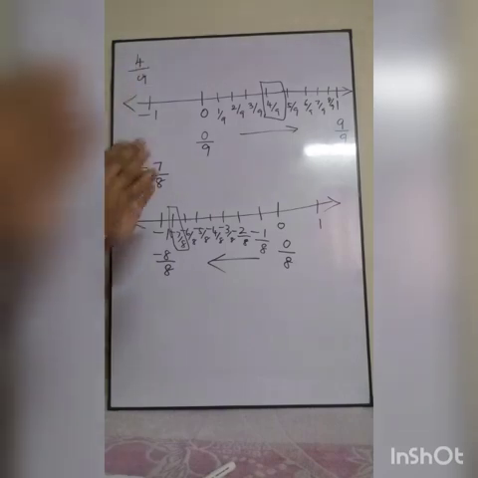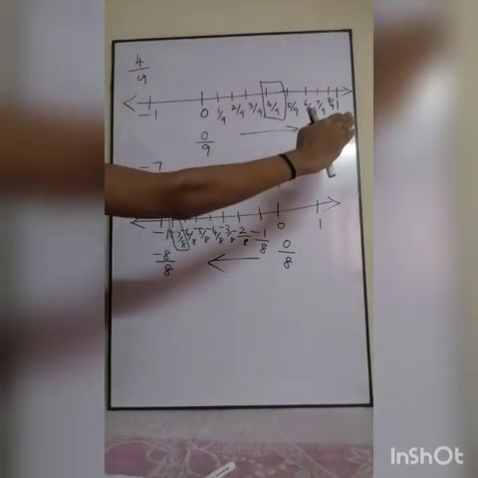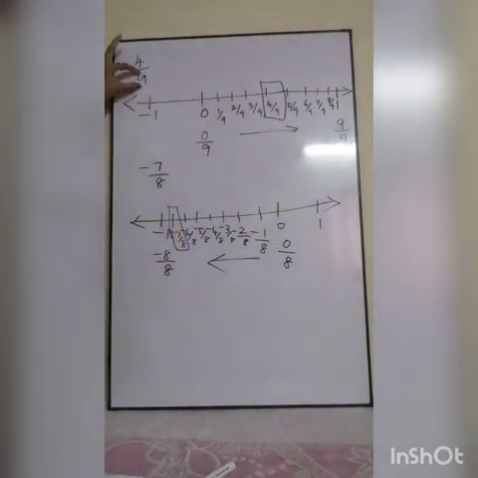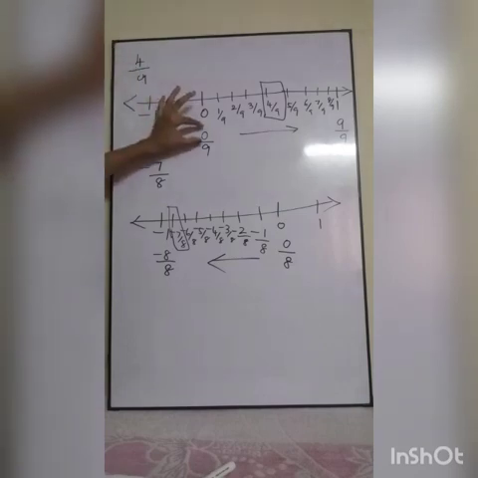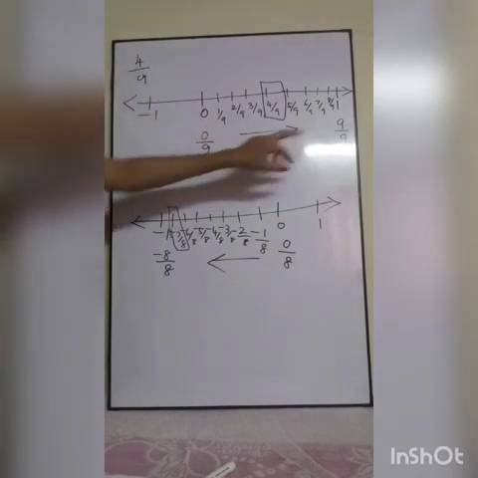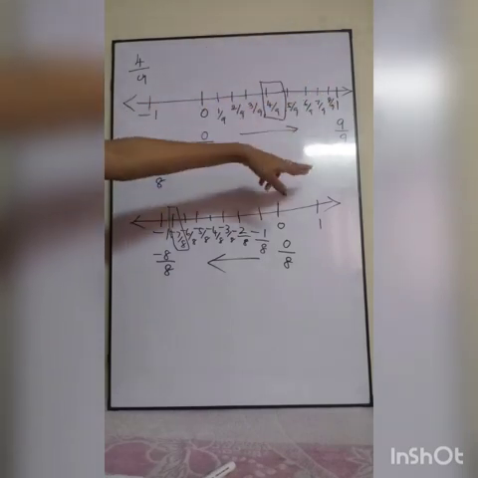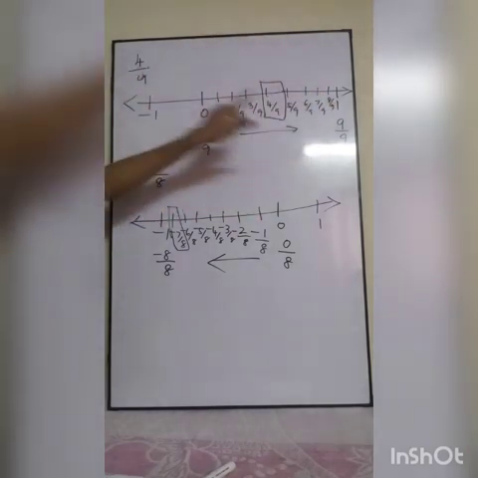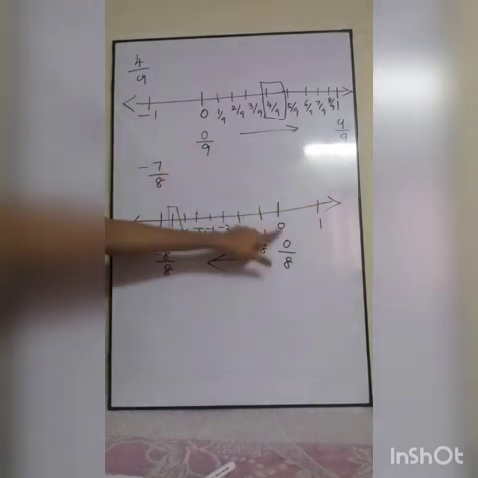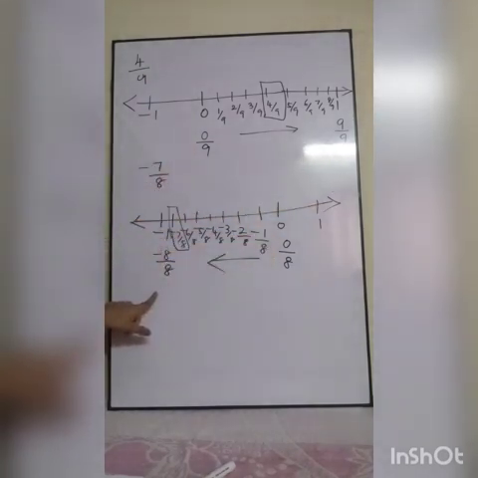Which part is it coming? So that part alone you enlarge it, and you can write like this. Whichever denominator is coming, based upon the denominator you can write 0 by that denominator. Then 1 means that denominator will come in both numerator as well as denominator. Like here 9 is there now, so 9 by 9. Here 8 is there, so 8 by 8, minus 8 by 8. Like that you should make yourself convenient and you have to solve this problem.